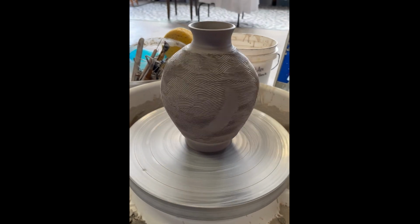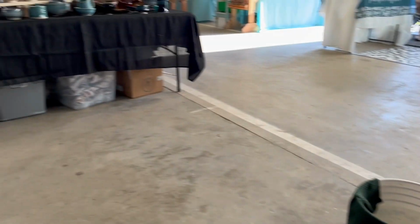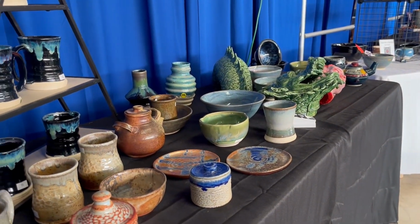Just played around, had fun. I wasn't saving any of these pieces. And then I just sold a bunch of stuff. So I did take card and I did take cash, and it was hard to let go of some of